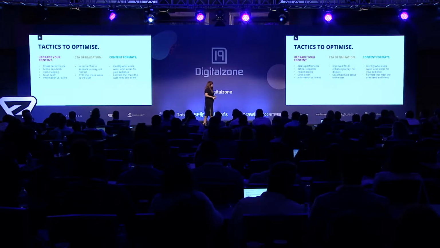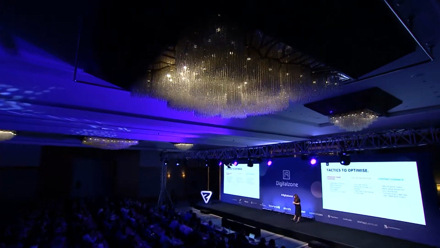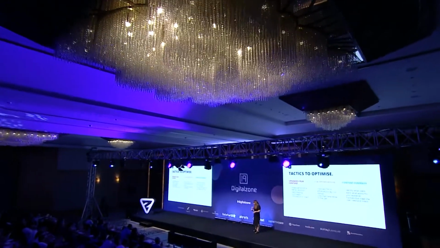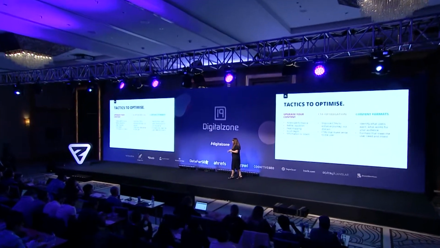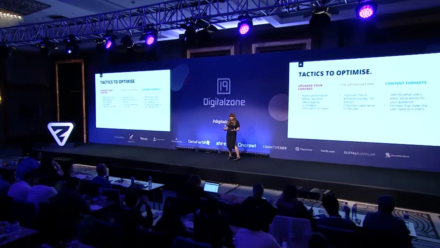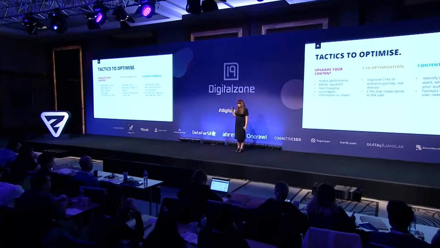And instead of just doing content that you like, you need to be doing content that you know your users are going to enjoy. And that means doing things like refining and republishing content, refreshing it as often as you can. It also means on longer pieces of content having heat mapping. So one of the things that we do, whether that's through heat mapping or we do it as a trigger in Google Analytics, we track for people that highlight words.